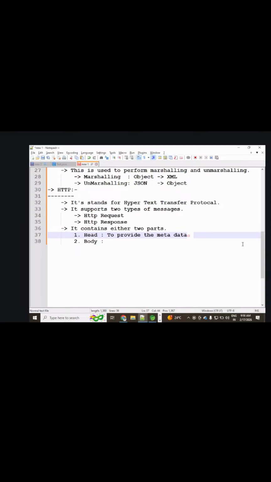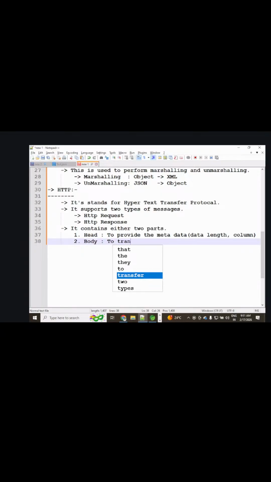Like what? Data length, database columns, many things. There is no space, I'm not covering all. Okay, data length, data columns, date and time, cookies, and all. These come under what? Head.